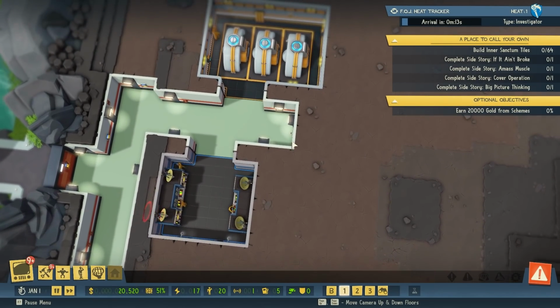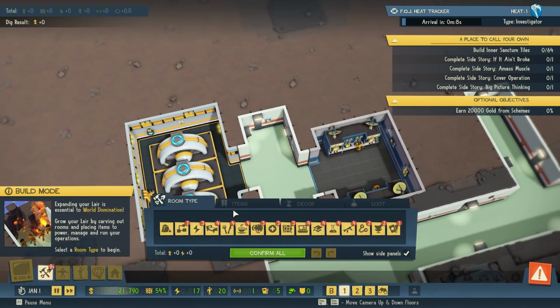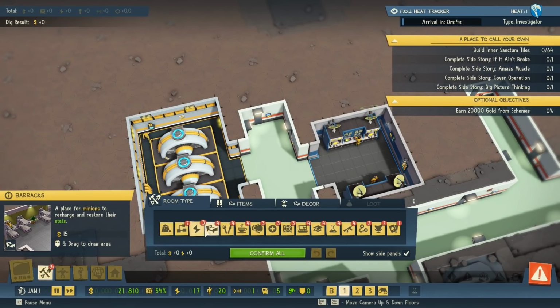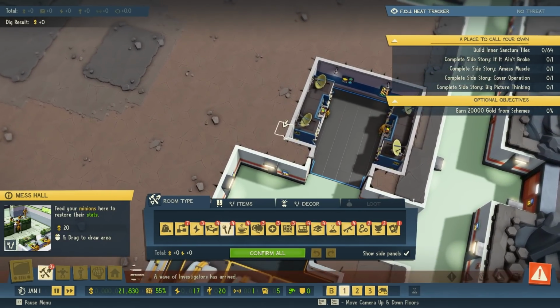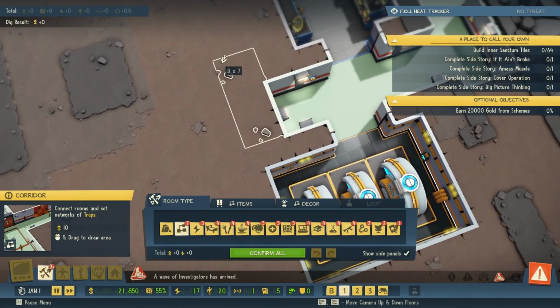So generally speaking, that's what I go for. Now, the next room for us will be a barracks, and we're also going to want a mess hall to help with our units. So let's go ahead and build out a little...